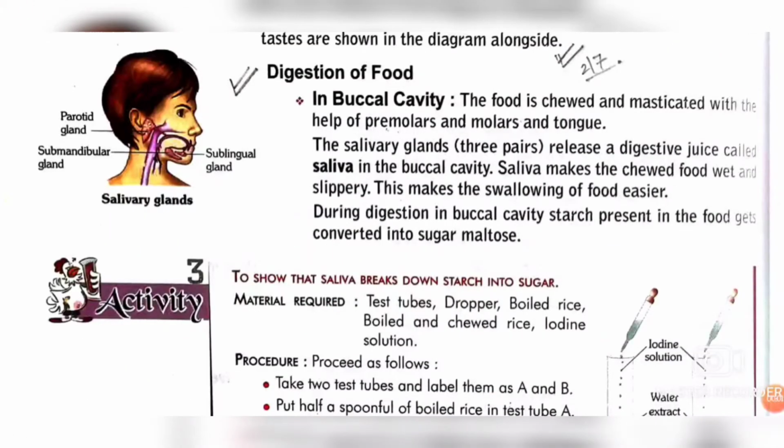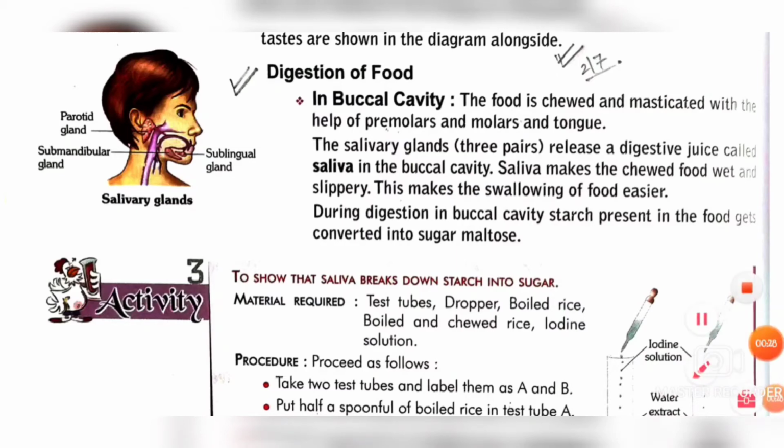Now we will discuss about the process of digestion of food. At first we will discuss the process of digestion in our buccal cavity. Buccal cavity মানে আমাদের মুখের ভেতরে যে অংশটা আছে, that is called the buccal cavity. So at first we intake the food, then we chew it and masticate it with the help of premolar and